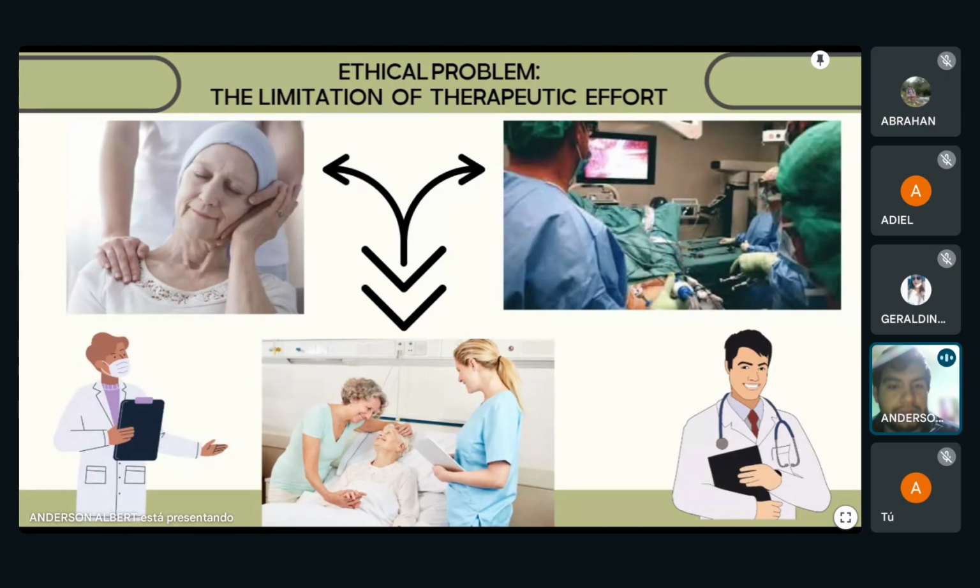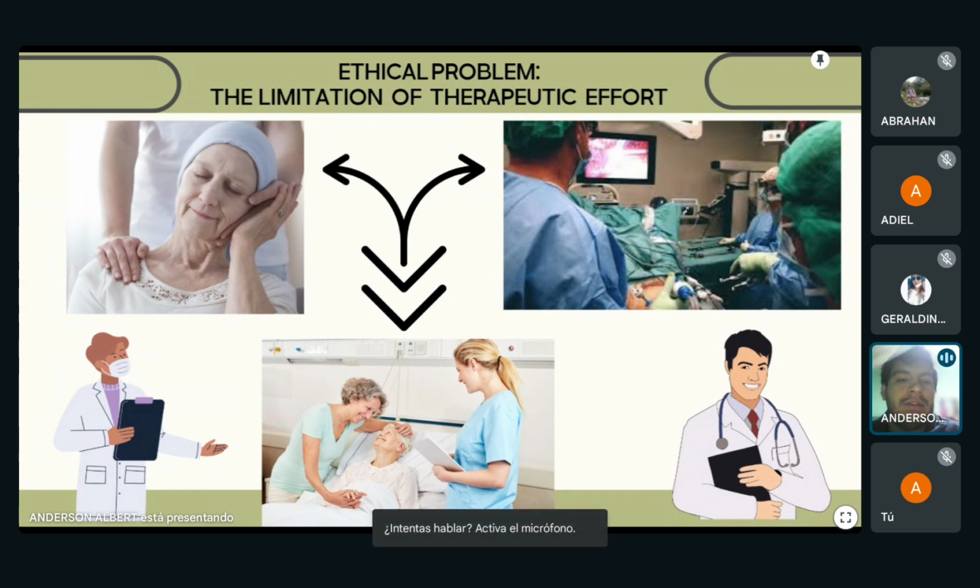Her children were desperate, wanting us to do everything possible to keep her alive, even if that meant subjecting her to more surgeries, chemotherapy, and assisted ventilation. They saw a small glimmer of hope in each treatment, although the chances of success were almost non-existent. At the moment, I felt trapped between two fundamental ethical obligations. This made me reflect deeply on the nature of the role I play as a doctor.